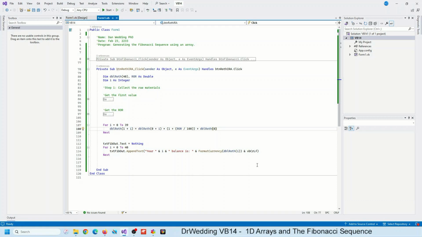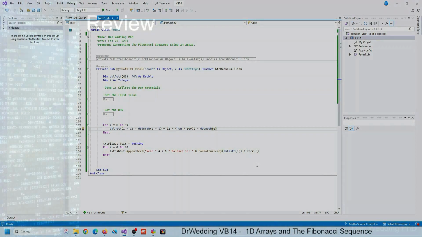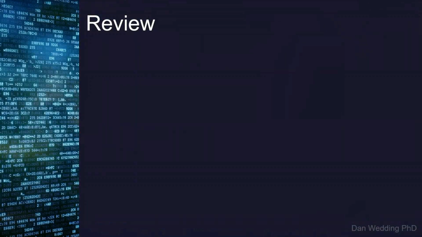This method of generating a list works independent of the language. This will work in C or C# or Java or Python. I hope this program has helped you understand how to generate a list and fill in an array. In review,